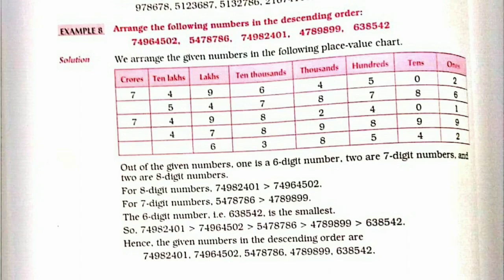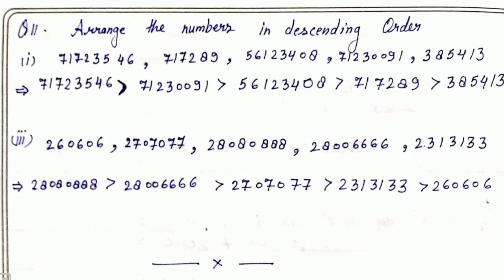Now see the question. Now in the answer first part, some numbers are written according to the question. Now what we will do very first is count all the digits, how many digits are given. So in first number 8 digits are there, in second number 6 digits are there, in third number 8 digits are there, in fourth number 8 digits are there, in fifth number 6 digits are there, and we are arranging this according to descending order. So we will see which number is having more digits. Here 3 numbers are there which are having more digits. So now we will compare this, that which number is bigger.